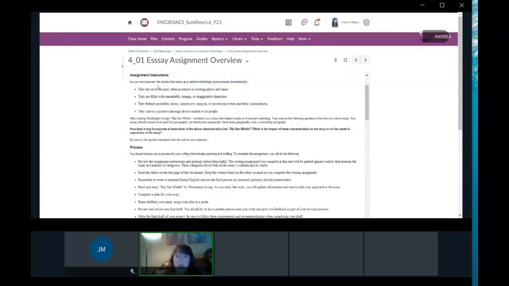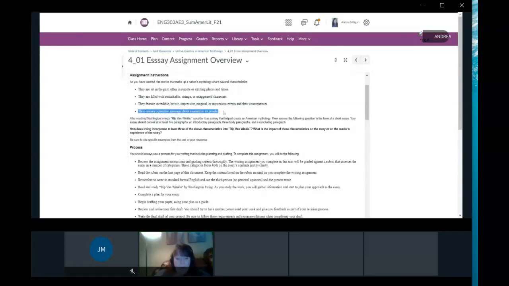The stories that make up a nation's mythology are set in the past, often in remote or exciting places and times. They're filled with remarkable, strange, or exaggerated characters. They feature incredible, heroic, impressive, magical, or mysterious events and consequences, and they convey a positive message about a nation